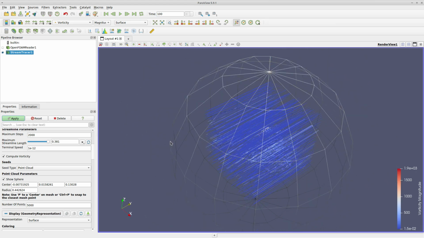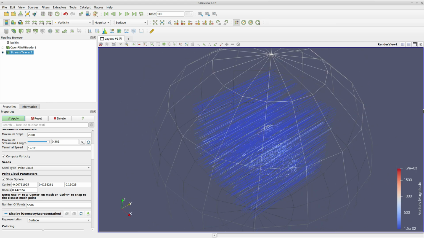So hopefully this is kind of a fun way to explore gradient in inlets,